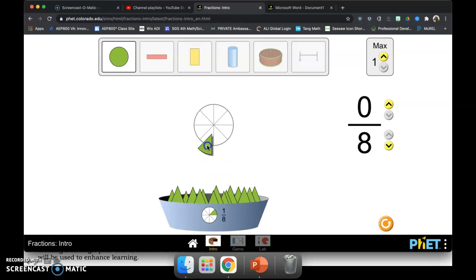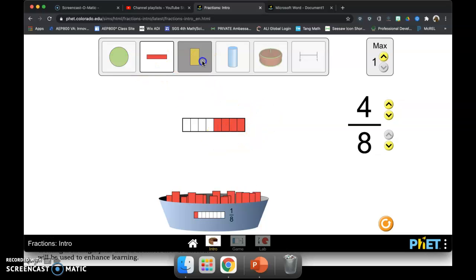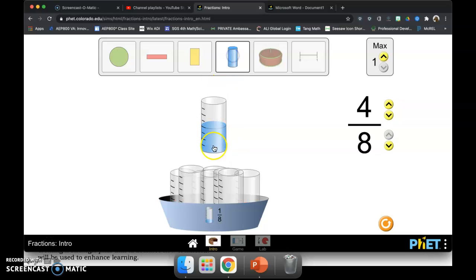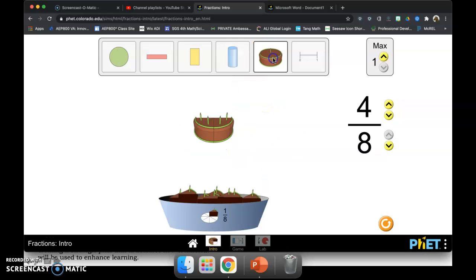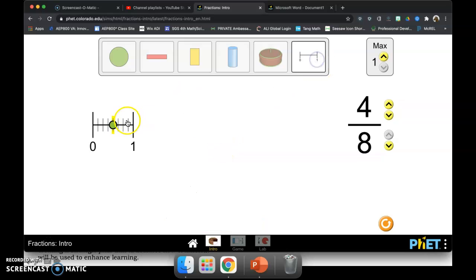So you could tell your students to show you half of a pizza. And they would just simply click and drag the pieces until it is half full. And then they could draw that on their paper, and then they could also write the fraction. There's the circles. They could use bars, vertical bars, a cylinder if you want them to work on filling and measurements. There's cakes, and then there's just a simple number line as well